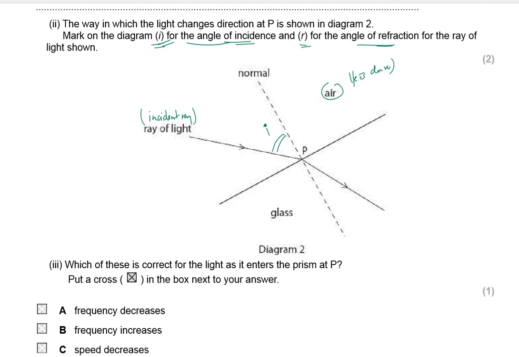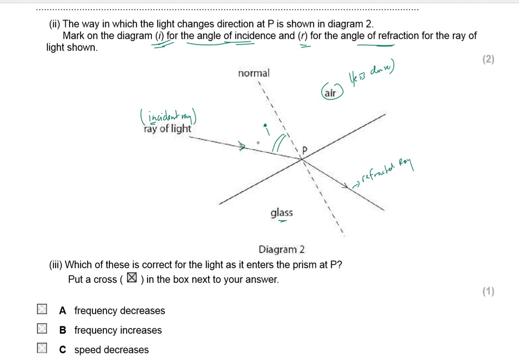Okay, how do we know if it is the incident ray? Because it's the one that's going in. So the word incident means it is going in. Look at the arrow going in, and this is the glass. So when it goes into the glass, this here has to be the refracted one. So refracted